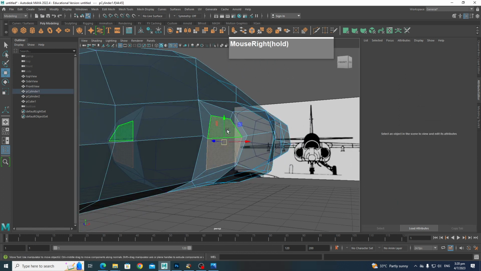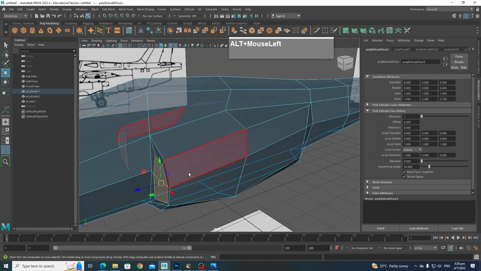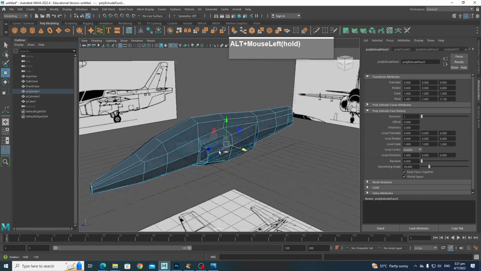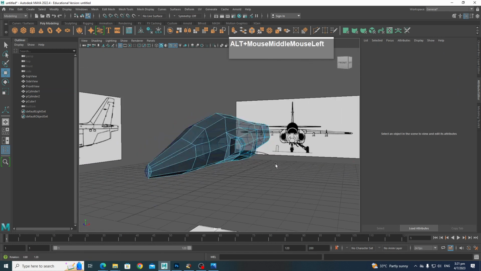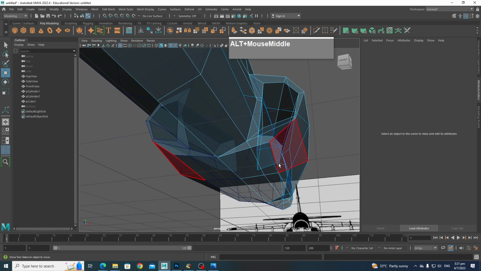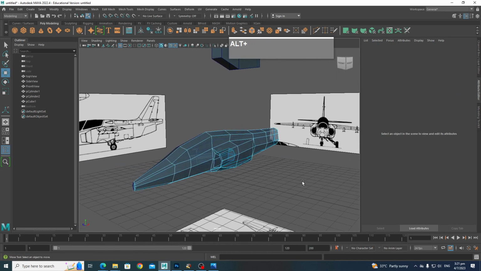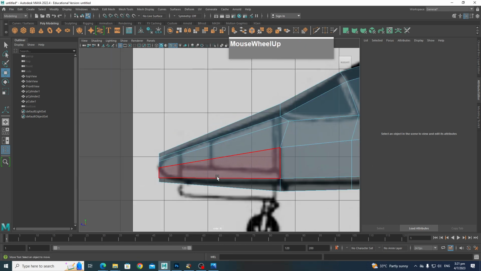Okay, I can also select these two faces and extrude it inwards so that they form the jet intake. Goes inwards like that. Alright, so now I blocked out the jet intake and also blocked out the most part of the fuselage, and you can see the number of faces is still relatively low. I do not want to increase too many